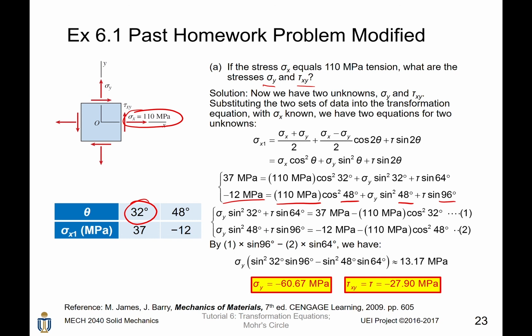Okay, then in this equation, the unknowns are just sigma y and the tau. With this information, you can rewrite the system to solve for tau and sigma y. It involves a lot of numerical operations, but I think you can handle it. The answers are sigma y equals minus 60.67 million Pascal, while the shear stress is given by minus 27.9